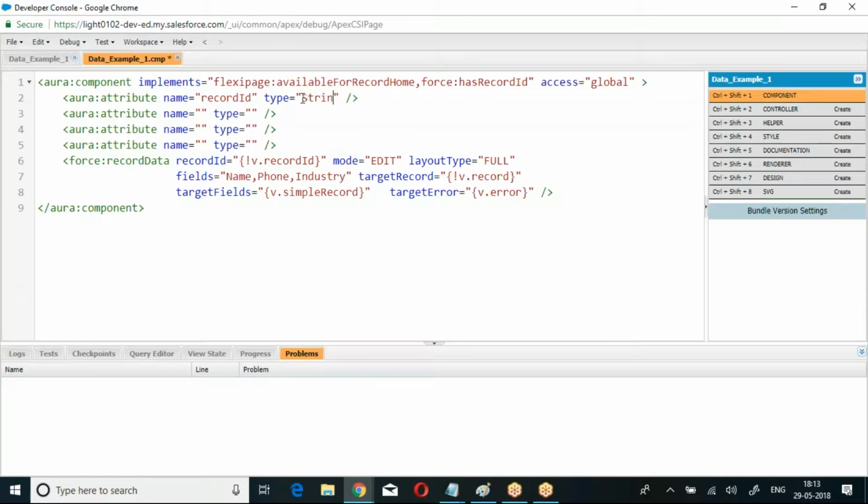Type. Second one, v dot record. Type. It is going to be object. Then we had simple record. It is going to be. Then last we had